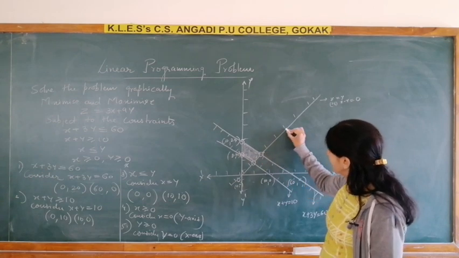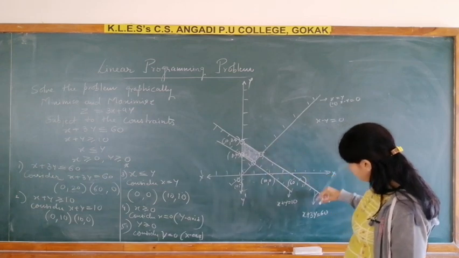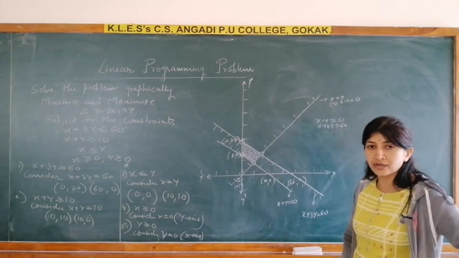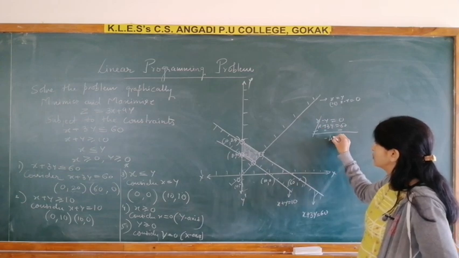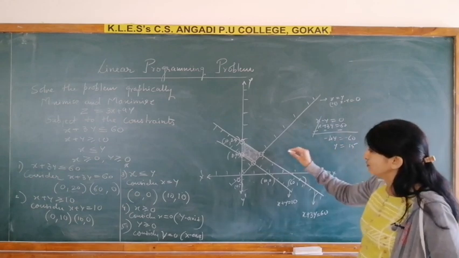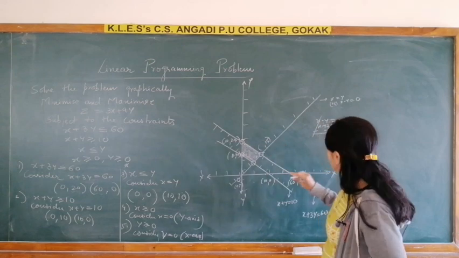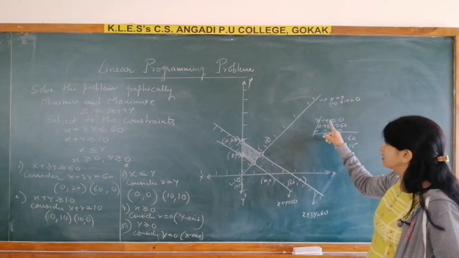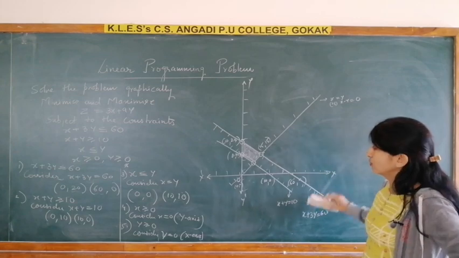So this is the line x minus y is equal to 0, and this is the line x plus 3y is equal to 60. This is the rough work I told you. Now change the sign, minus minus minus, it is minus 4y is equal to minus 60, y is equal to 15. So we got the y coordinate of this one as 15. Now what is the x one? x minus 15 is equal to 0. So x is equal to 15. So this is 15 comma 15. So we got the coordinate of this point.